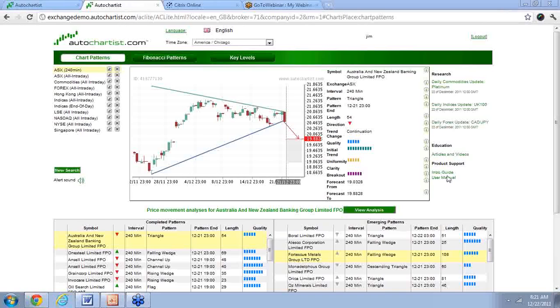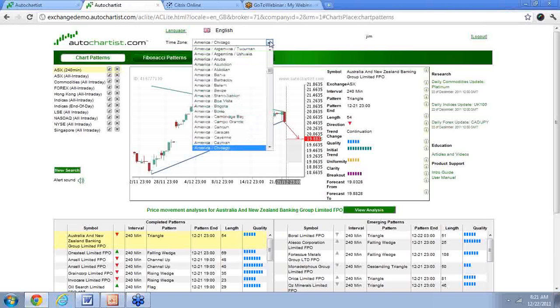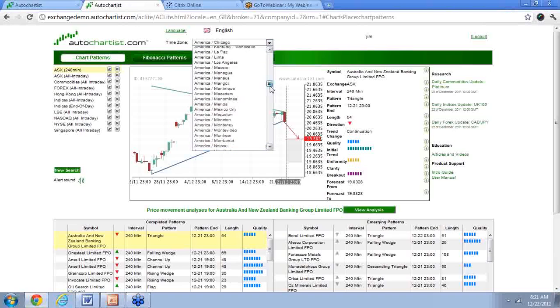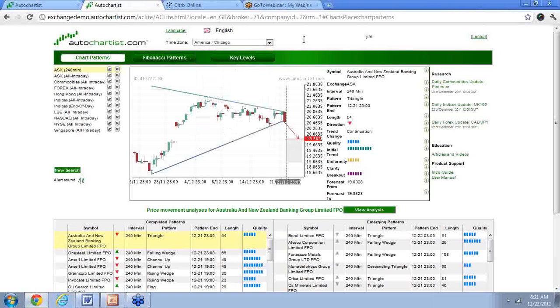Time zone on top. How do you get this time zone on my window? If you are using the conventional Autochartist program, you should just be able to see a time zone box. And you can see there's a drop menu, and you select whatever time zone you're in. If you don't have it, then you have to call technical support, and they can straighten it out